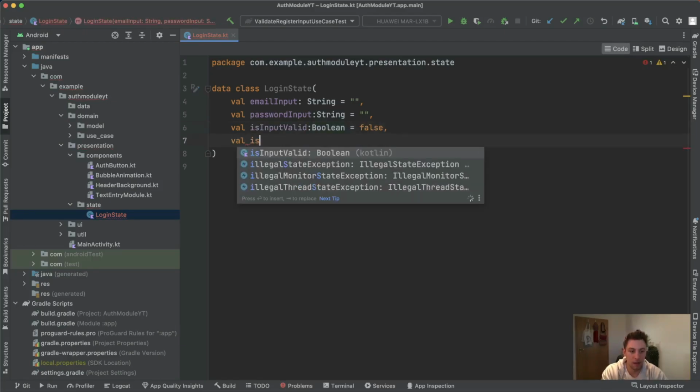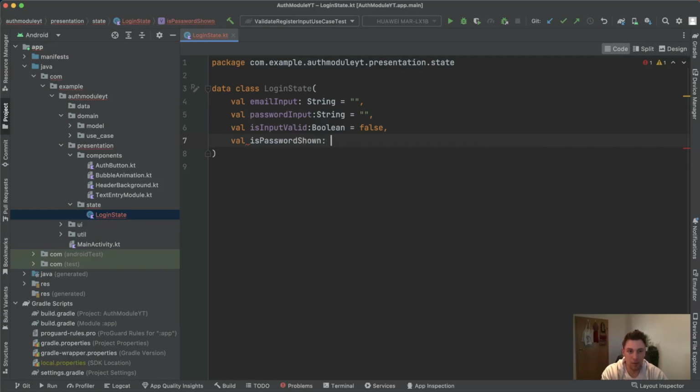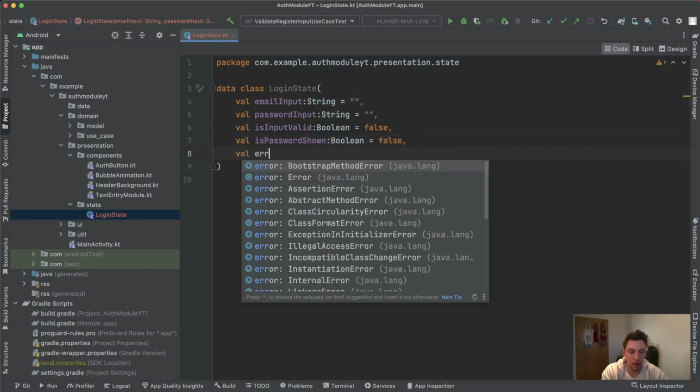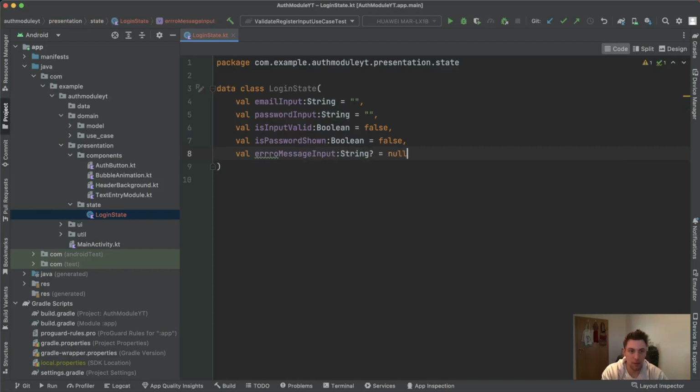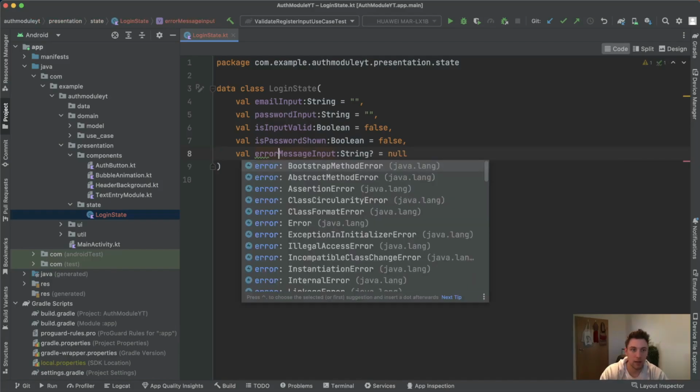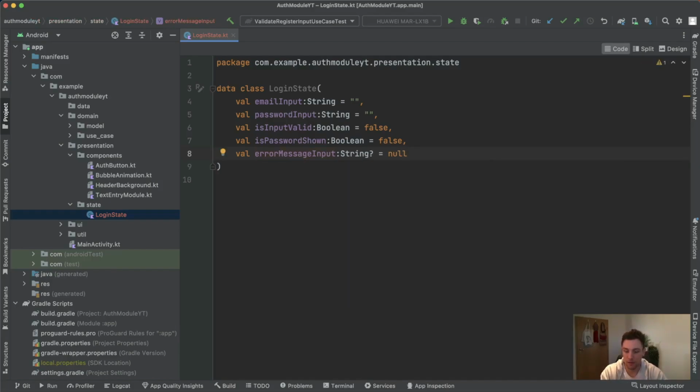Then we have a val is password shown, which is also boolean. If the user clicks on the trailing icon, the eye, then the password can become visible or it can be hidden, and this state variable is indicating this. We will set this also to false by default, and then the next value will be val error message input of type string, which is optional and null by default, because we don't want to start straight away with a hint for the user that the fields are empty. We will only start this when the user